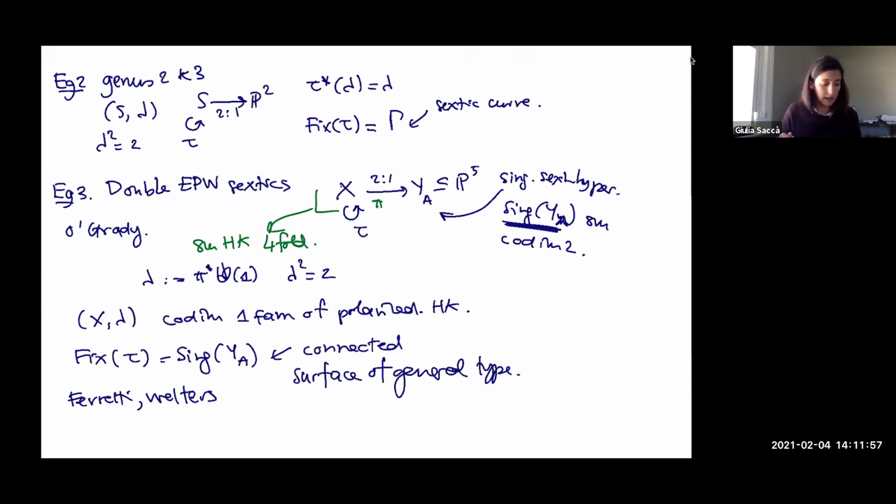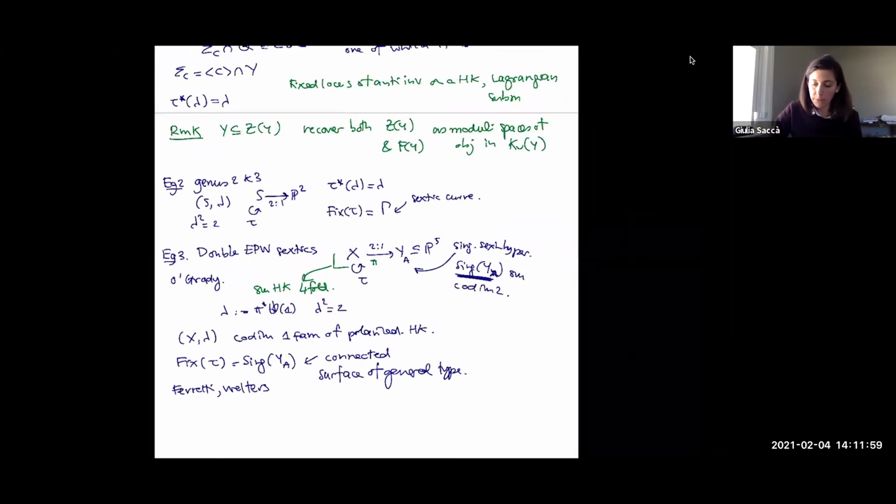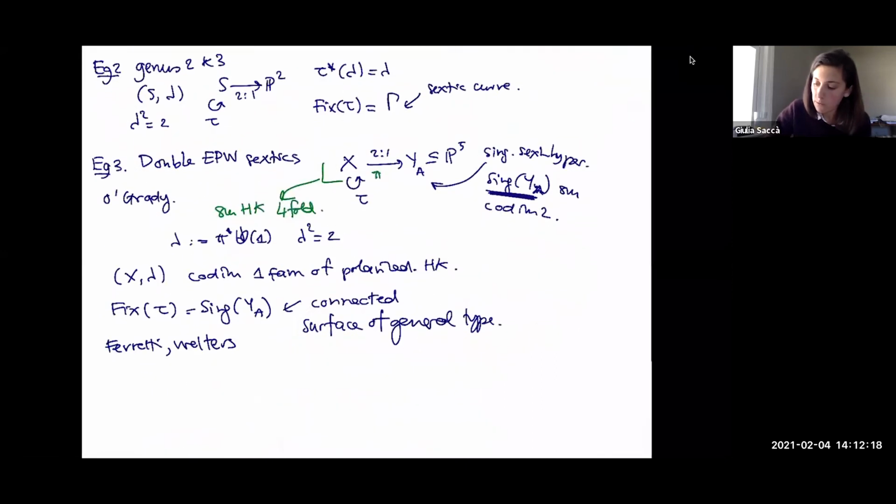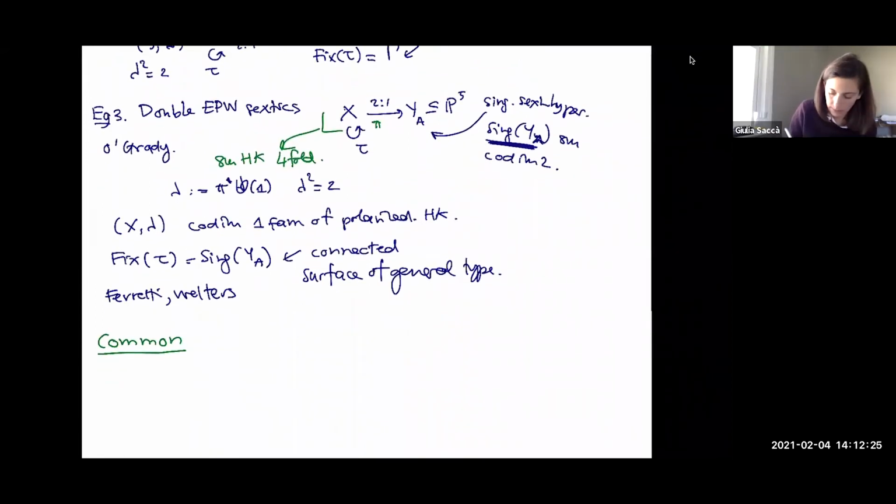Okay, and so let's look at these three examples, and what do these examples have in common? We have an anti-symplectic involution. There is some line bundle that is preserved. It has square 2, but the fixed loci have very different nature. So let me maybe state what happens. What these examples have in common is the following. So you have a complete family